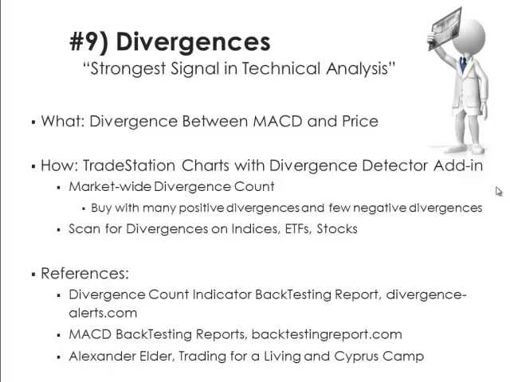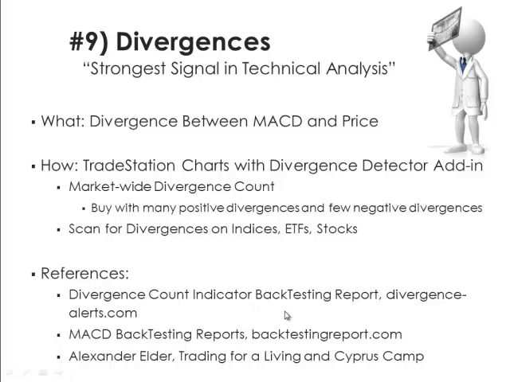And what I'm looking for, of course, is divergences on the main indices, and that can provide some insight into the health of the market. And I also scan the market for divergences on individual stocks and ETFs. One of my customers who knew that I was doing these scans across the whole market said, what if you count up the number of positive divergences and the number of negative divergences? That might give us some insight, kind of like an X-ray, into the health of the overall market. So I did that, and I did a historical perspective and backtested it, named it the divergence count indicator,